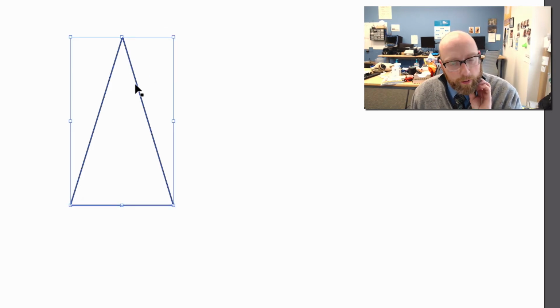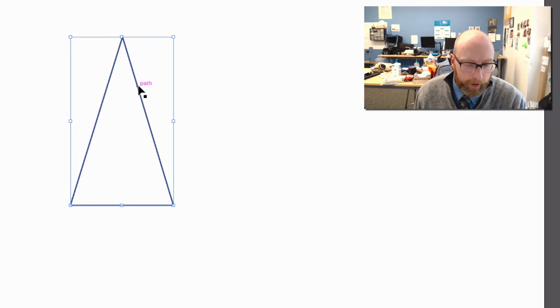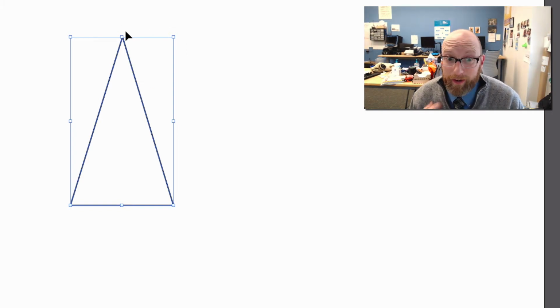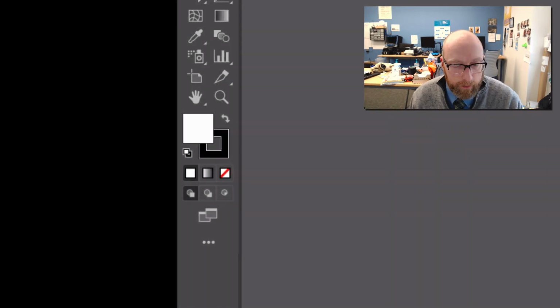Now what I want to do is duplicate my triangle. And there's a couple ways to do this. You could select a triangle and hit copy and paste. That's one way to do it. But since we duplicate things all the time, it's worth learning the shortest way to do things. If I hold down Option on my keyboard or Alt on a PC, I'll see that my cursor changes into these two pointers. And now while I'm holding down Option on my keyboard, I'm not letting go of it. If I click and drag,